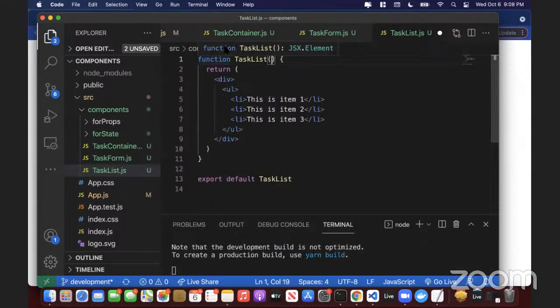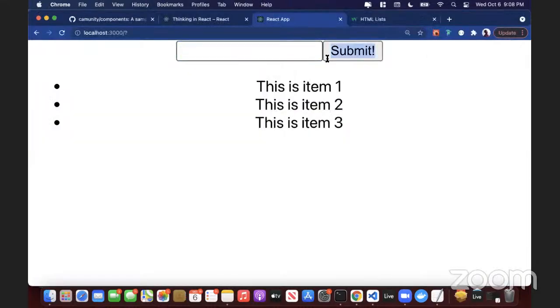So the question I had asked was, when you think about how this application is working, this clearly up here is the form. So if I type in the form, here's a task, right? I want, when I submit this form, for this to update this. These are 2 separate components. This is the form, this is the list. So I said, I want the form to update the list. The data from the form needs to update the data from the list, which means I need to pass somehow this information into here. And like we said, the only way to pass information from one component to another component